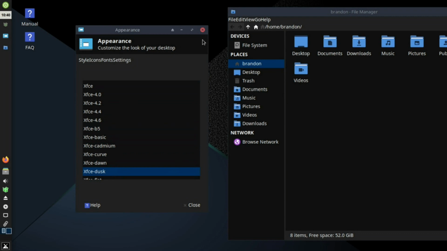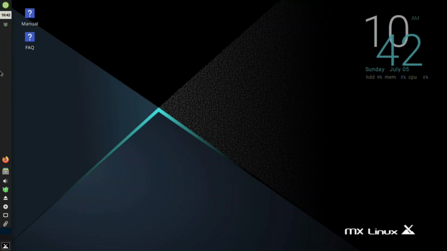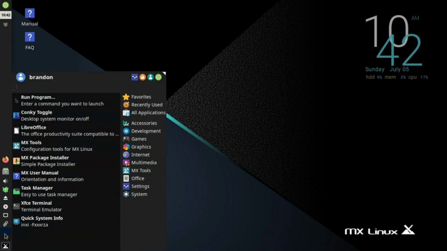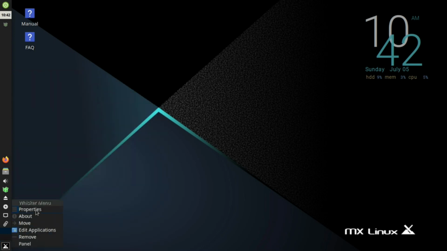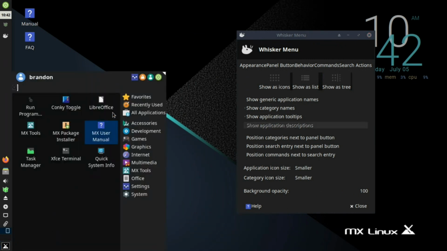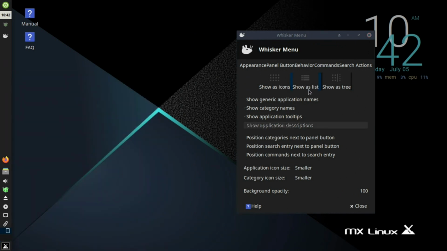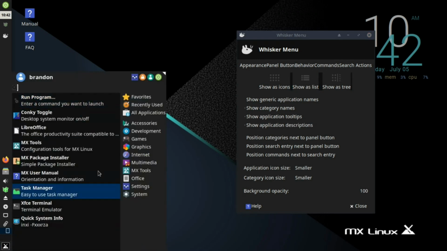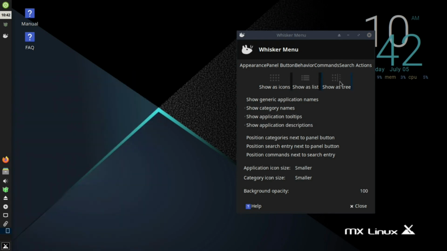I'm going to go ahead and close this out, and you see this taskbar is up here. It is customizable. You can move it on the bottom, on the top, wherever you want, and everything is customizable when it comes to the appearance. So if I go in here, right click, go to properties of the menu, I could have it displayed as a tree, a list, show icons. If I click on show icons and open it up this way, it looks like that. If I do show as a list, it has it exactly how it was, or you could display it as a tree. There's tons of different settings.